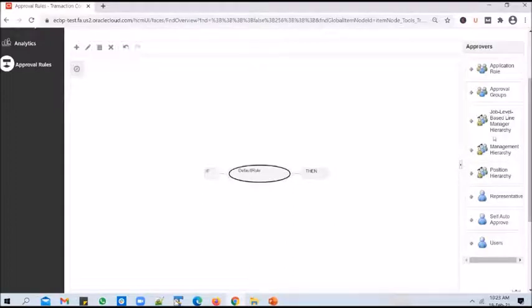Along with management hierarchy, you can use a couple of other hierarchies as well, like the job level hierarchy or a position hierarchy. So what happens if you use position hierarchy? If you are an analyst and you submit a request, the analyst position would have a parent position attached, and that parent position would be attached to a different employee, who will get an approval notification. That other person, who is probably a senior analyst, might have to approve your request. That is how a job position-based hierarchy works. Job level works more or less the same way.